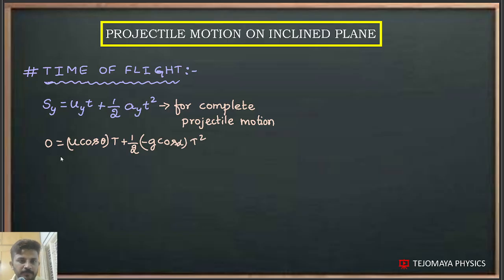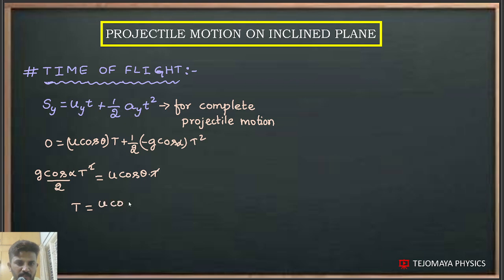You will get g cos alpha t square divided by 2, that is equal to u cos theta into t. So here one t will get cancelled, and then if you solve for t, you will get